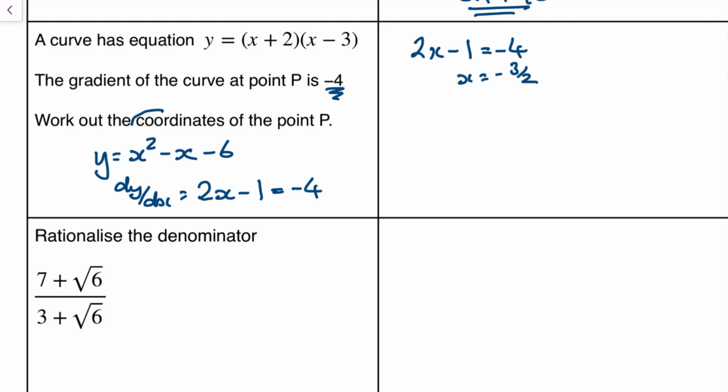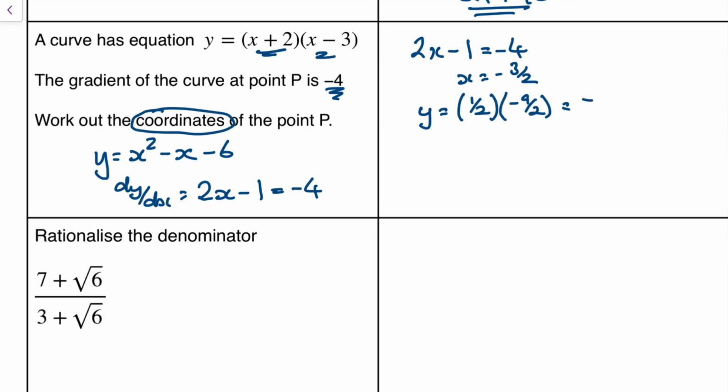But it wants the coordinates, not just the x value. So therefore I need to go to the original function. I'm going to use this one here because it's slightly easier to work out the y value. So y at minus 3 over 2 is going to be minus 3 over 2 plus 2, which is a half, and minus 3 over 2 minus another 3, which is minus 6, which is minus 9 over 2,